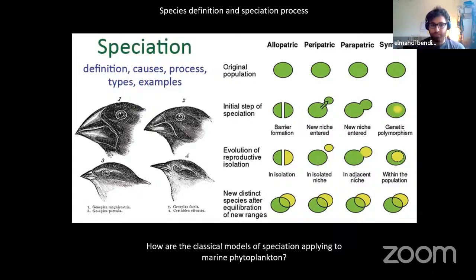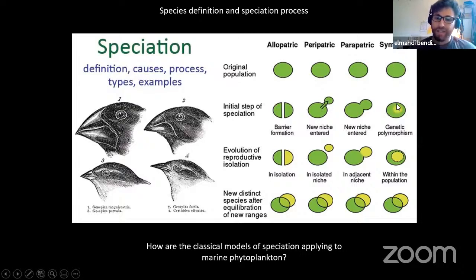So again, we are dealing with a biological species concept. If they are not able to reproduce, they are therefore two different species. After more time, those species can co-occur in similar ranges, but as long as they are not reproducing, they are two different species. The other, let's say, the most extreme pattern of the most extreme mode of speciation is called the sympatric mode, where the initial step